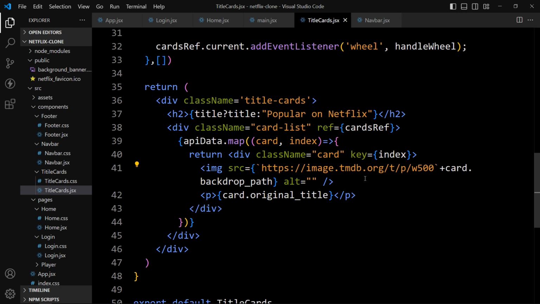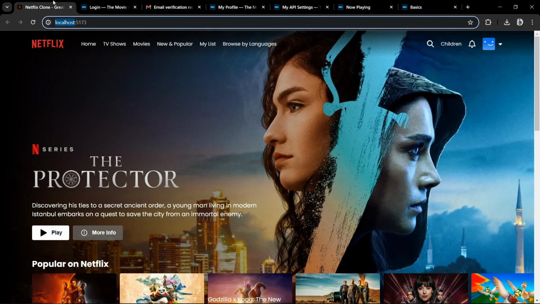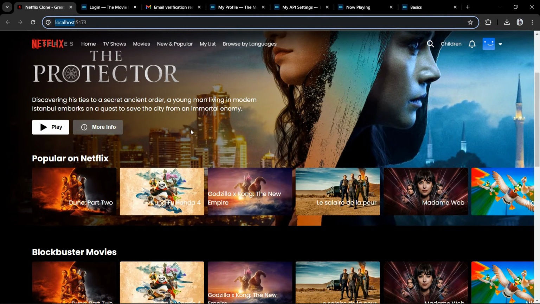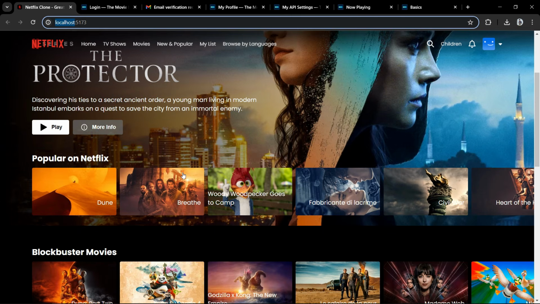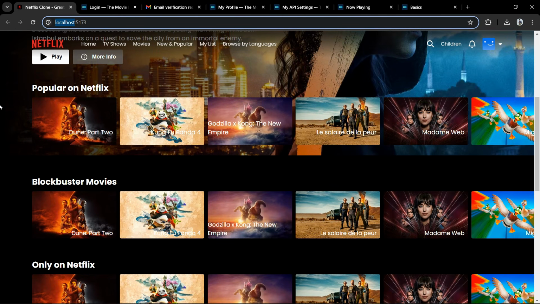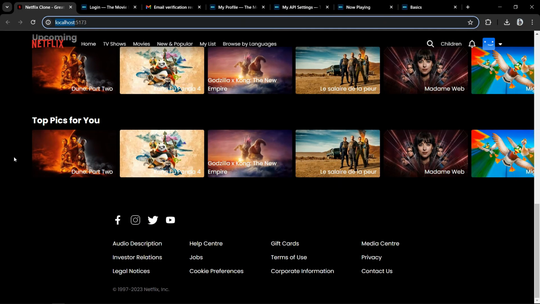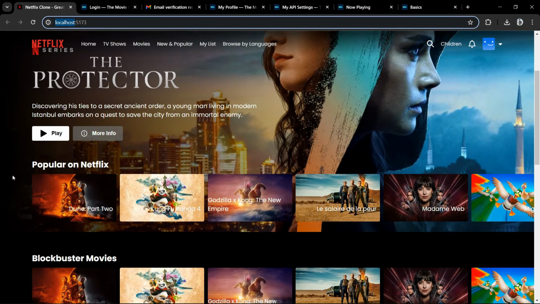After adding this, save the changes and we will come back to the website. So here you can see now we are getting the data from the TMDB database. We are getting different movie images and their name, right? If I scroll down, you can see in all the list we are getting the same data.